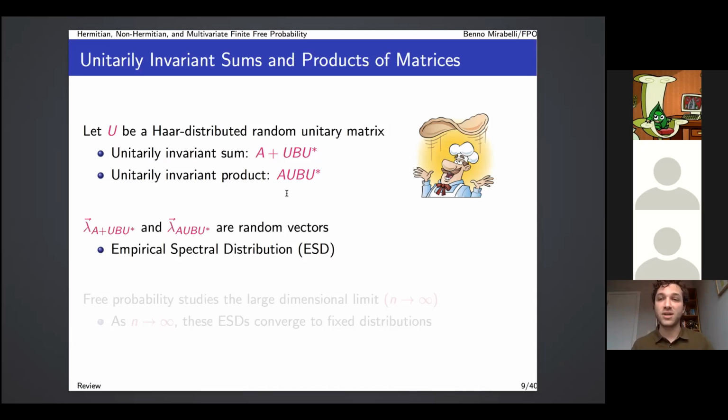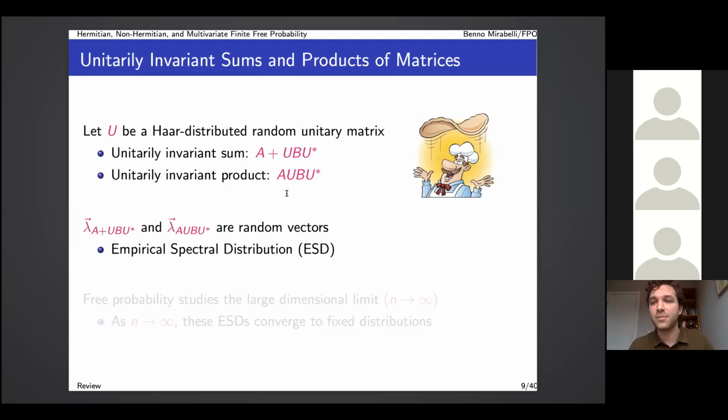But now I get a random matrix, and the unitarily similar equivalence class that random matrix ends up in, there is a distribution over many possible unitarily similar equivalence classes. This distribution over equivalence classes is more or less equivalent to what people in random matrix theory call the empirical spectral distribution of a matrix. And if you've studied random matrix theory, you know that knowing the empirical spectral distribution of a random matrix is really hard and only really known for very special matrices, and truly almost never known if you're interested in sums and products of random matrices. So this is a really hard problem.